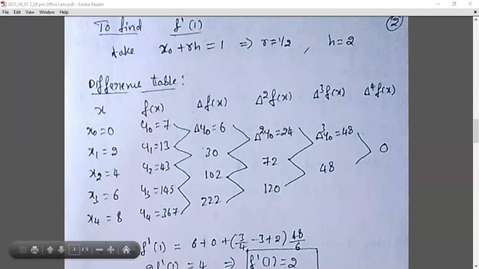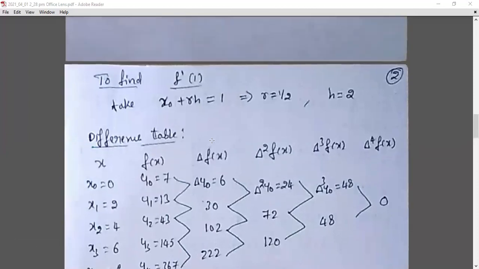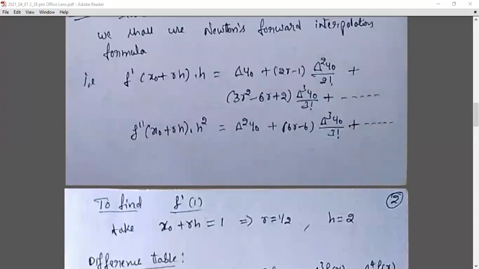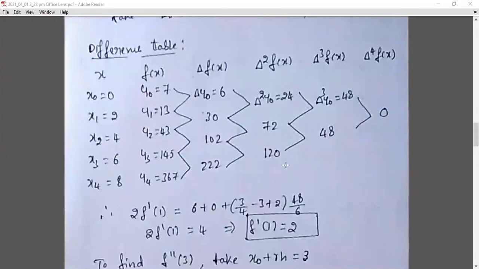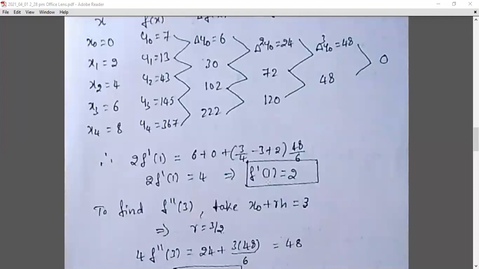So the table construction remains the same for both forward and backward. The only difference is that for forward we use the first values from the table, and for backward interpolation we use the last values from the table. All these values we're going to substitute in this formula, that is for r, h, delta y naught, del square y naught, del cube y naught. Using your calculator, you obtain the value of f dash of 1 equal to 2. Similarly, to find the second order derivative, f double dash of 3,